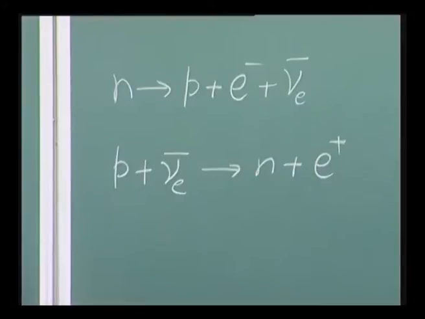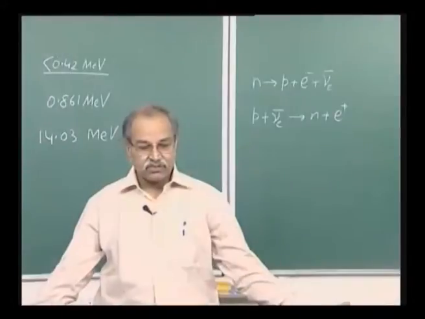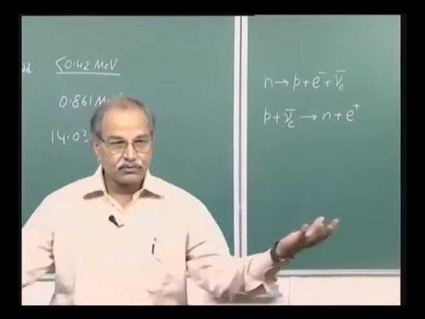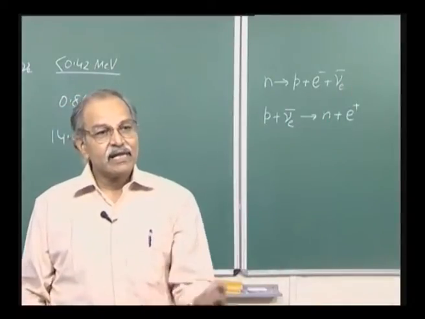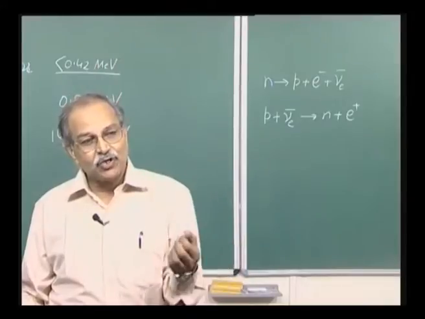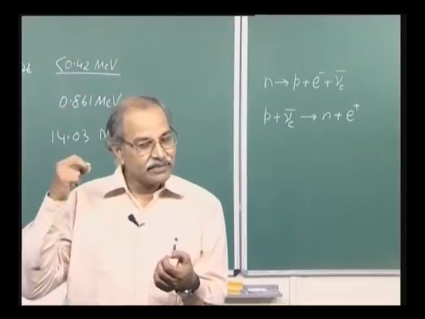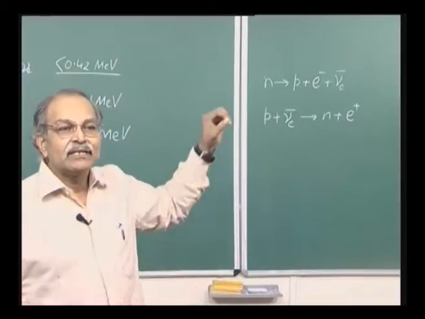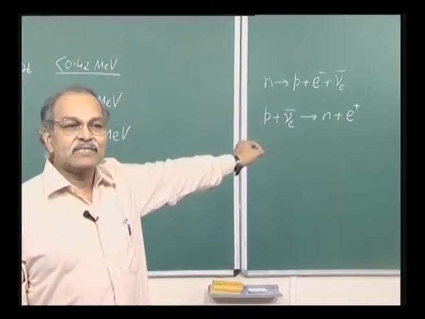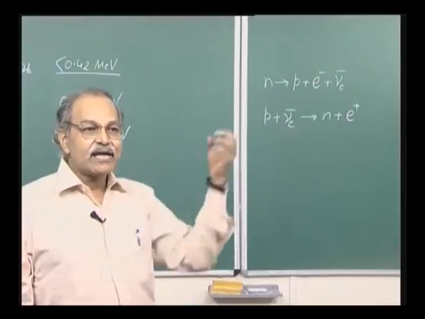The experiment was to have lots of liquid with free protons and this neutrino flux falling on that, and occasionally a neutrino, depending on the reaction cross section, once in a while will attack one of the protons and this reaction will take place and a positron